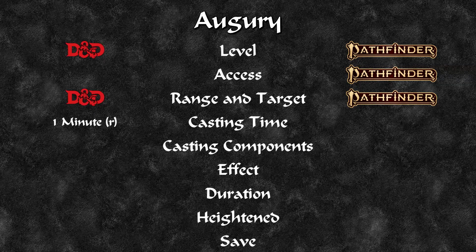For D&D it is 1 minute, Pathfinder it is 10 minutes, so on that basis alone D&D wins. However, if you want to spend 10 minutes casting it, it doesn't cost a spell slot as it is a ritual, so D&D definitely wins out on this. The casting components both have a verbal, somatic and material component, however D&D has a 25 gold cost to it,